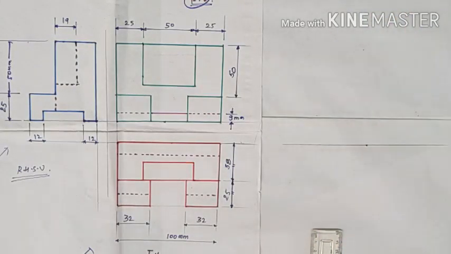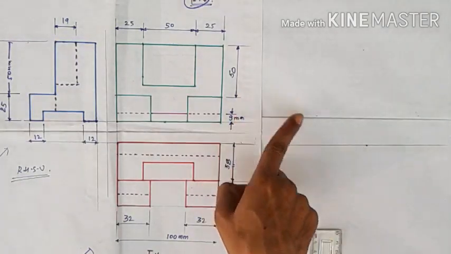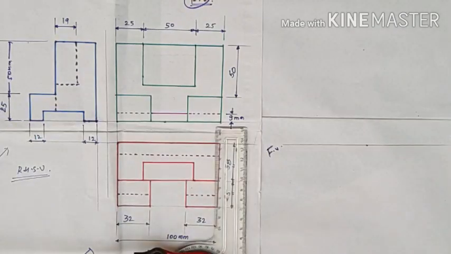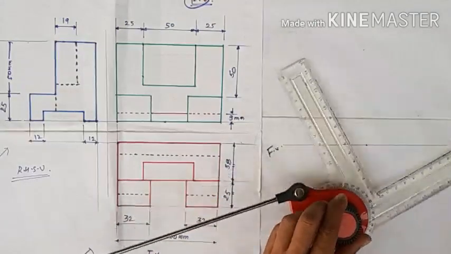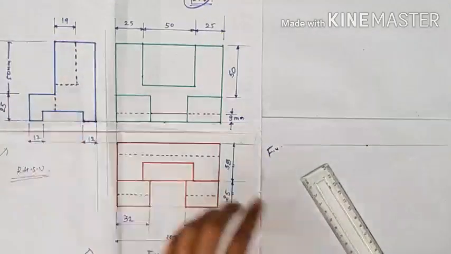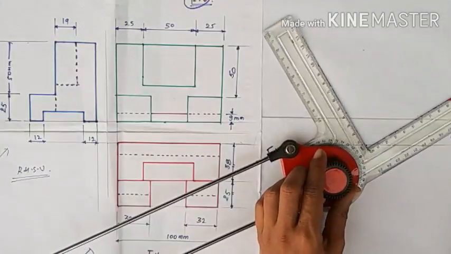From this side is your side view, and this is your front view. Now what appears from the front? Length and height. So we draw the length here, and from this side we start the width, because from the side, width and height are seen, and from the front view, length and height are seen. So start from here. Draw the total width of 63, and the side view appears like this.